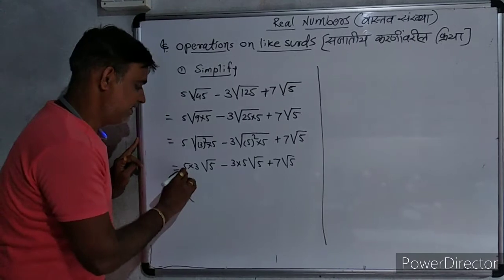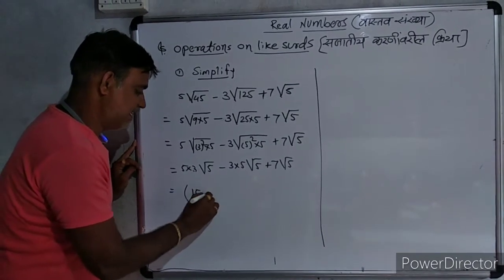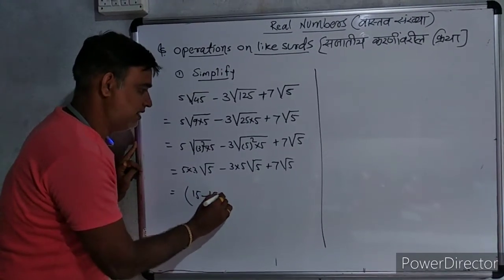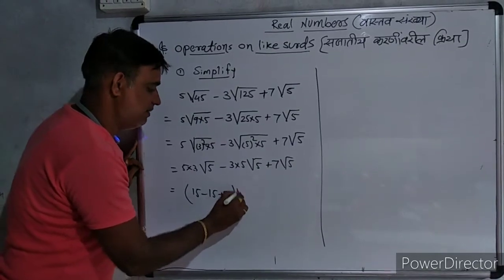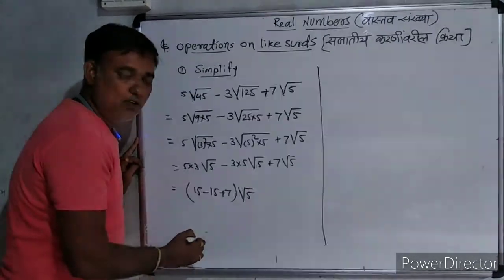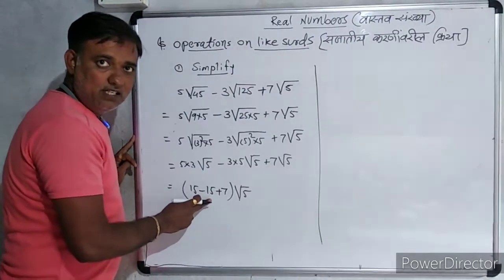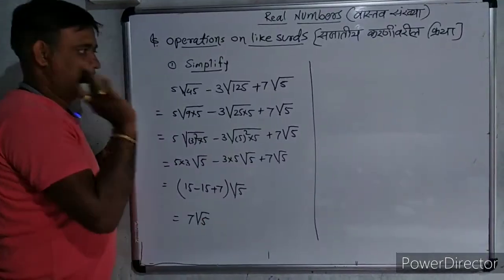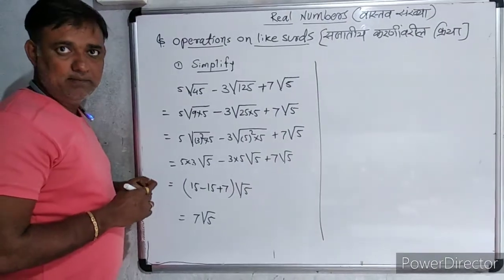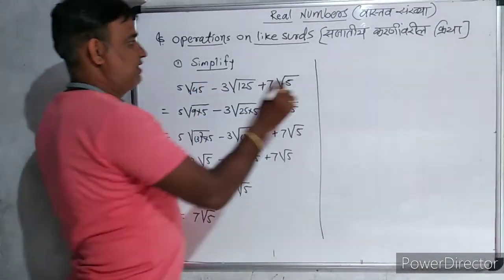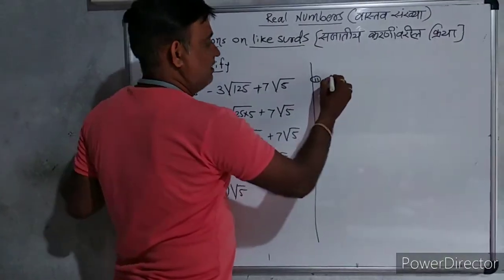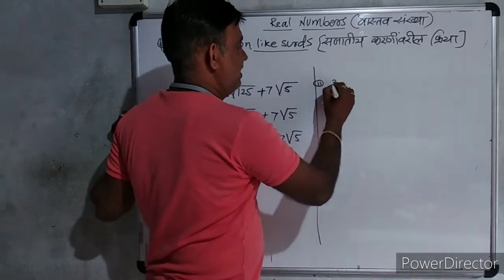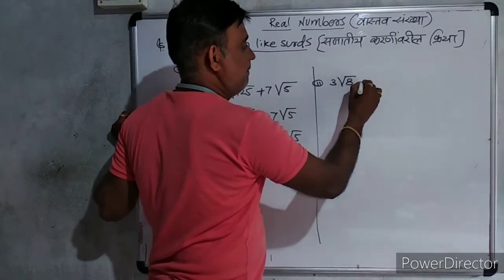Therefore in first bracket 5 into 3 15 minus 3 into 5 15 plus 7 bracket complete. What is common? Radicand 5 is common. 15 minus 15 0 plus 7 7 radicand 5, our answer. Okay, hope you understand. Second example, suppose here I write 3 radicand 8 minus